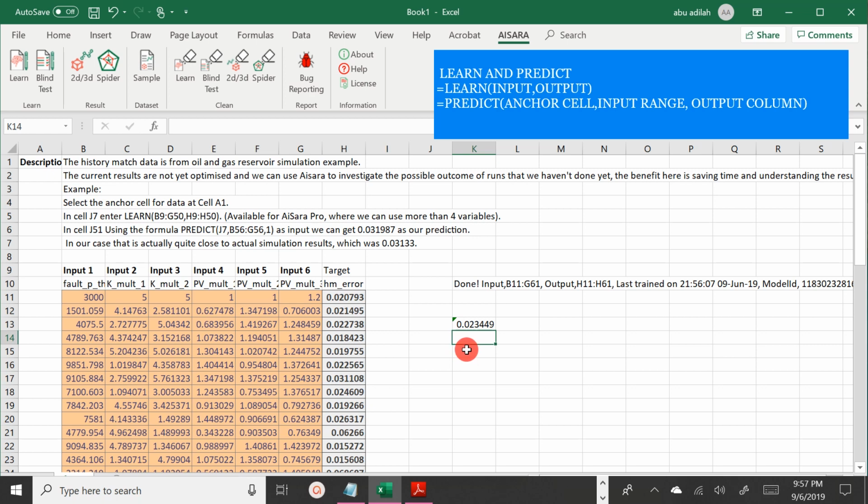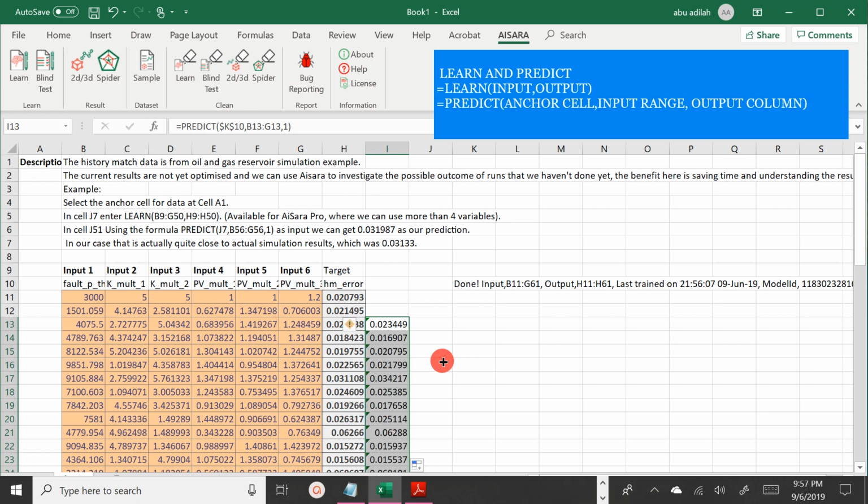You can imagine that you can actually compare the whole input with the output, right? And then here let's just make an absolute reference by putting the dollar sign here. Okay, and then let's do this. It's going to take a couple of seconds to do the prediction here. Okay, so that's done, right? So basically it has